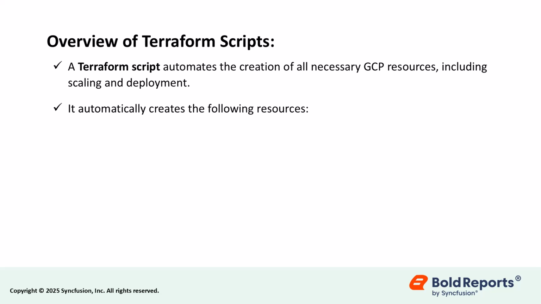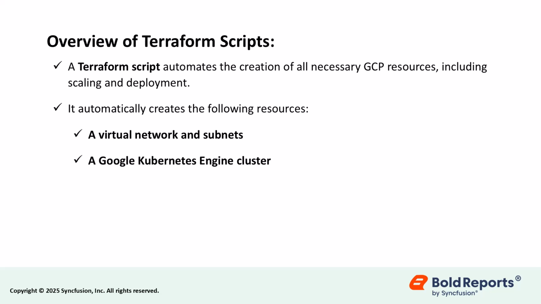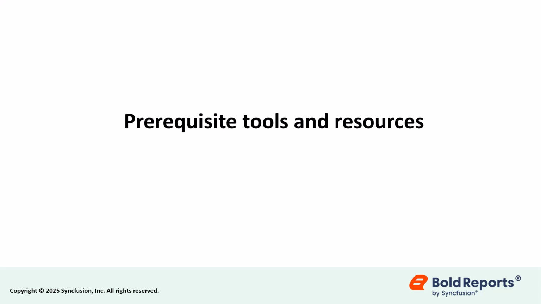The Terraform script creates the following resources: a virtual network and subnets for network configuration, a Google Kubernetes Engine cluster to host Bold Reports, a PostgreSQL database server to store Bold Reports configurations and data, and file storage to store required application data. Before proceeding, make sure you have the following tools and resources: